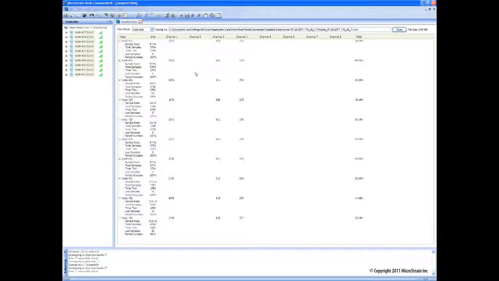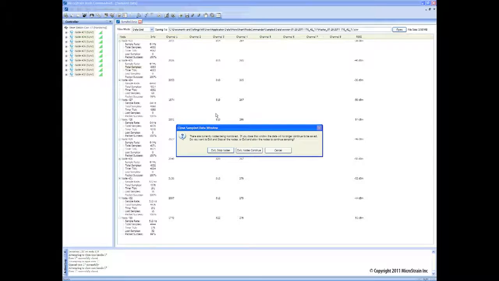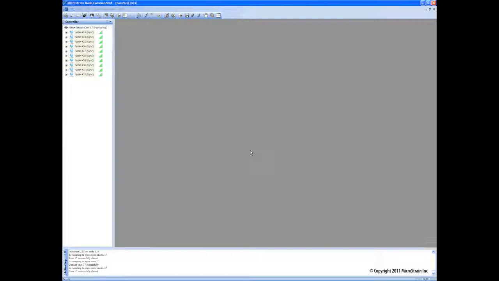To stop the nodes, you would select this X here next to the sample data. You have 2 options here, Exit Stop Nodes or Exit Nodes Continue. Let's select Exit Nodes Continue. We have shut this off, but the nodes are still in synchronized sampling mode. We could actually right-click on this and stop the nodes,